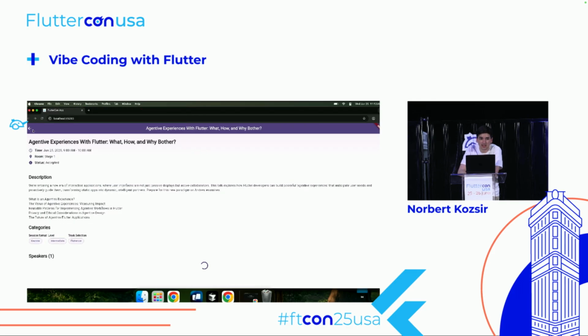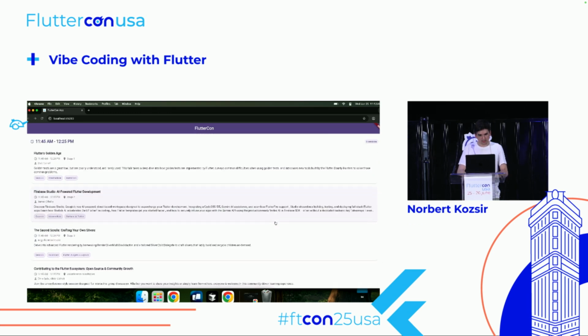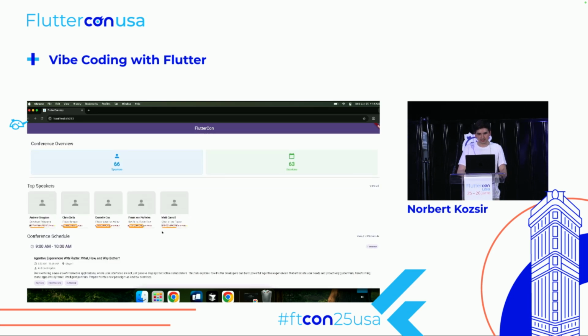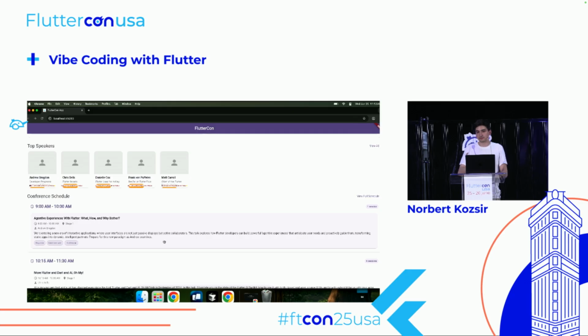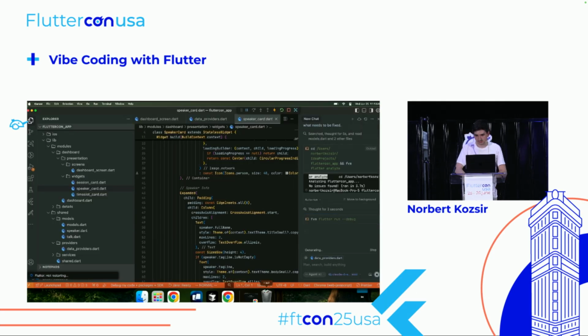What I would like is to have some proper desktop and mobile UI to make it really responsive and nice to use. And also, I would like for you to be able to favorite a talk, and probably have it at the top of like a time slot. So whenever you scroll, you just see all the talks you favorited at the top of the time slot. And last but not least, I think push notifications would be great.